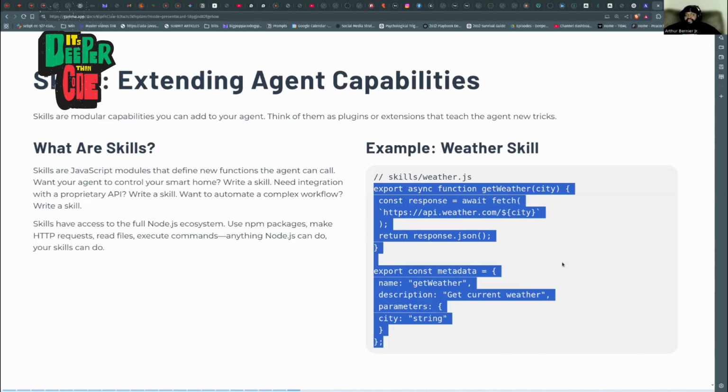This example I'm looking at right now does not have any malicious code in it, but you could have an extensive skill with a very, very complicated set of code, and it could be doing something that you don't want it to do.